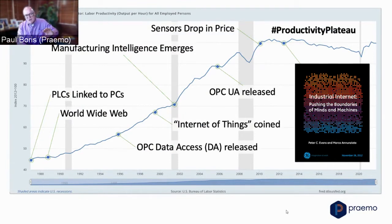I started in manufacturing off the left side of this chart to give you a sense of my time domain on this. And it's pretty staggering to me, and this goes back to the natural experiments, right? We started linking PLCs to PCs, right? Clearly, there's got to be something I could do to make the data flow simpler. And then the World Wide Web emerges, and then Internet of Things, OPC UA, these standards that are pretty durable that have hit. We started dropping the price of sensors, and we got into this really troubling, I call it the productivity plateau. It's been this way for over a decade, and I think the primary reason to deploy machine learning is that